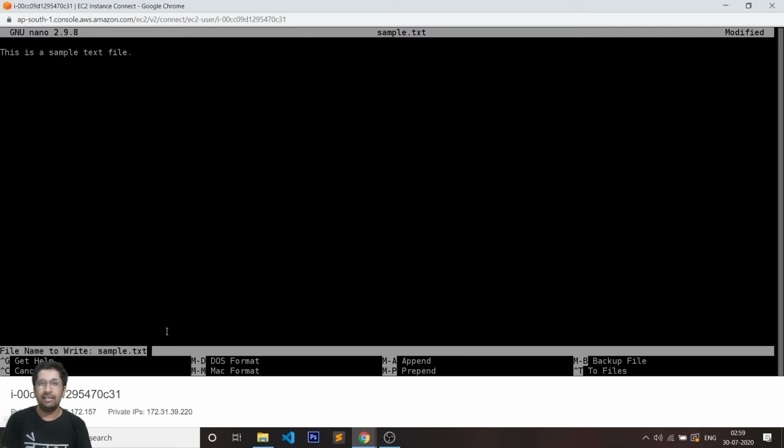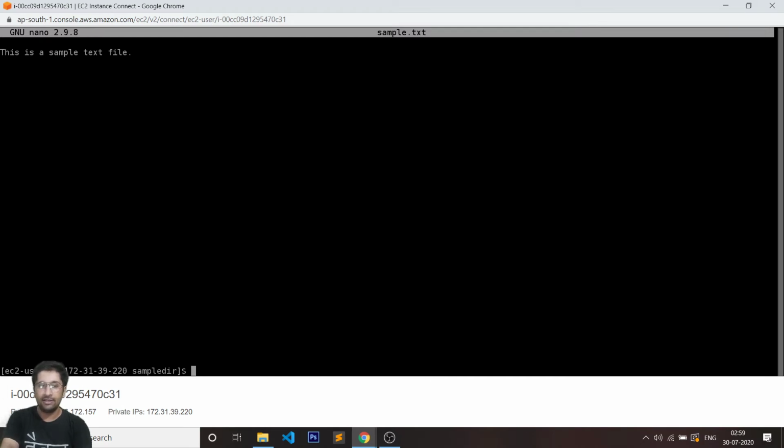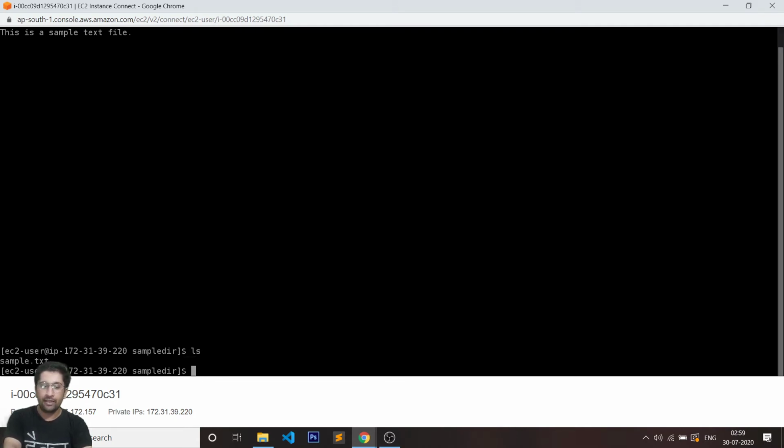In the starting, when I typed in nano, I typed in nano space the name of the file, that was sample.txt. So it's asking me to confirm that at this point of time; I can either change it or go with the same name. Since I do not want to change it, I'll just press enter and I will be outside my nano editor. Now in order to check if my file is created or not, I'll type in ls. And now you can see the output on the screen is sample.txt.